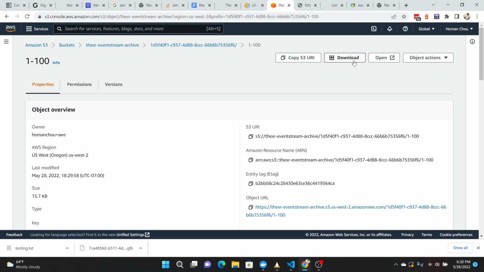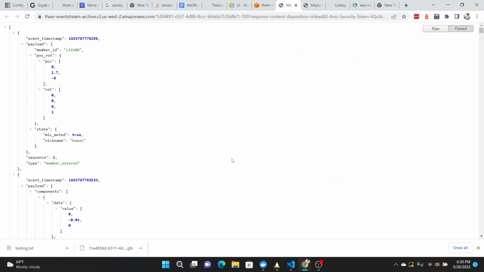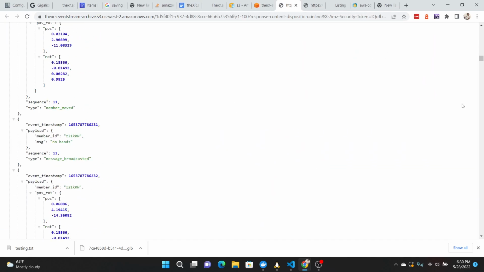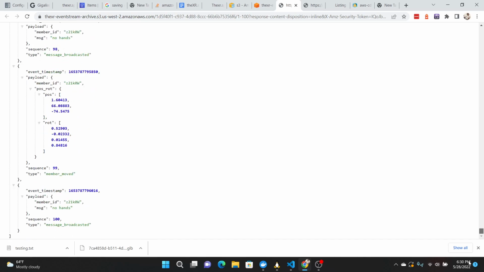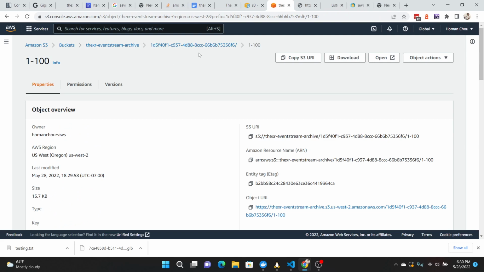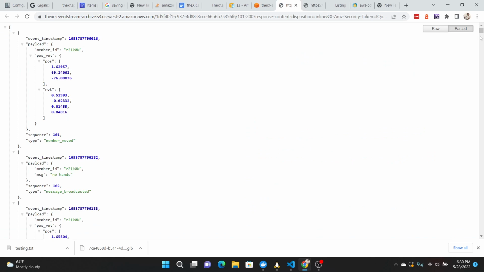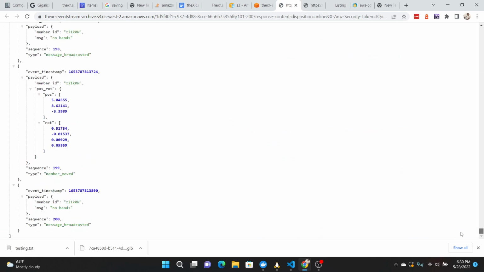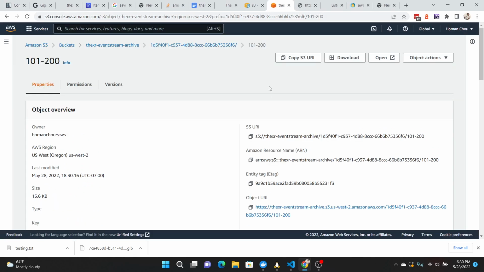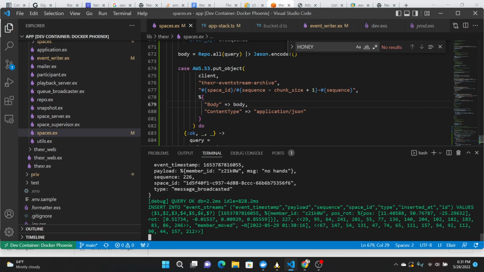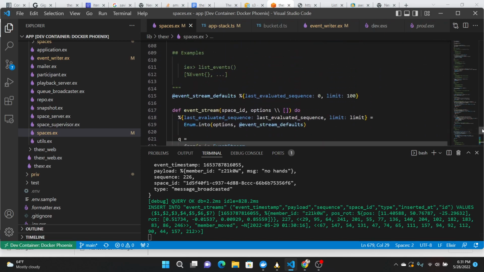This goes from 1 to 100, and this one goes 101 to 200. Alrighty then. So looks like we have finished the archive that I'm pretty confident has all the events and